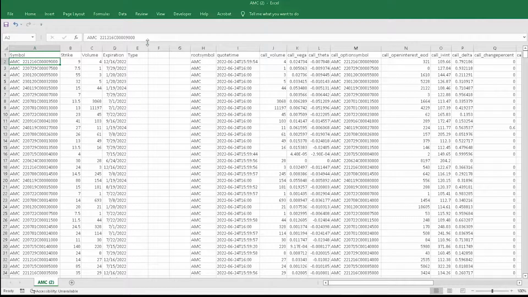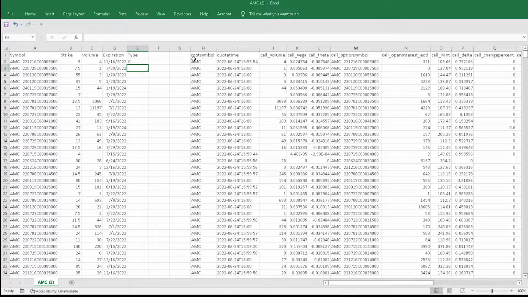Now, if you look at the construction, you can see that first, we've got the AMC symbol, then we've got some blank, which is there to allow for tickers with longer number of characters. Then we get 6 digits for the date, then a call, and then we get these digits, and there are 2, 4, 6, 8 digits for the strikes. So if we take the last 9 characters here, and then we'll take the first of those 9,